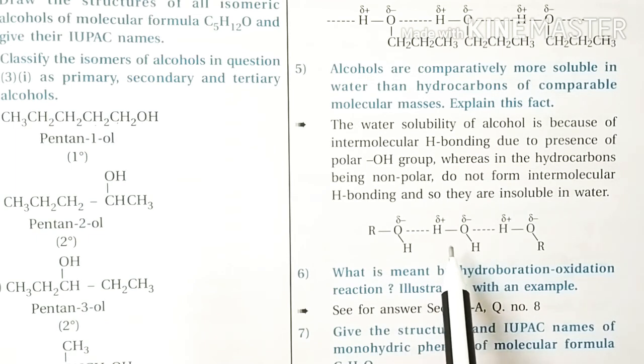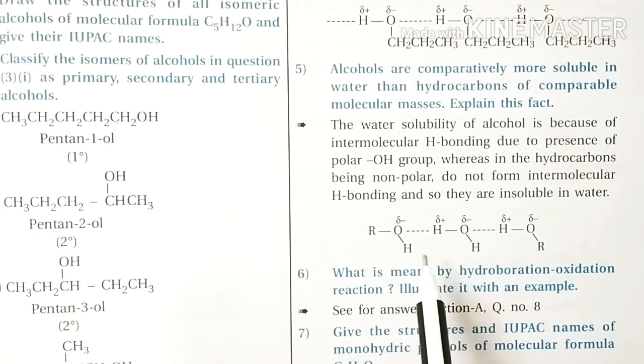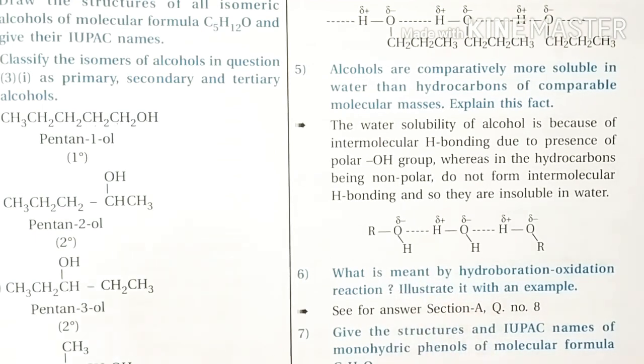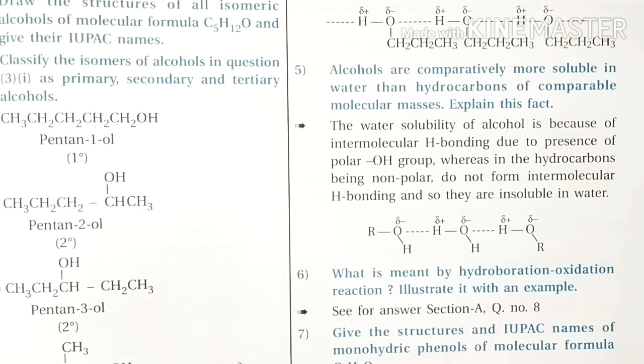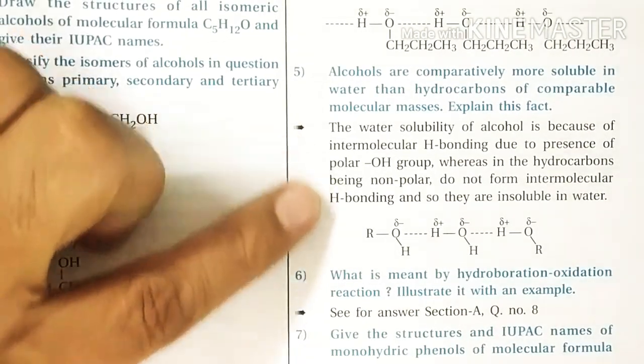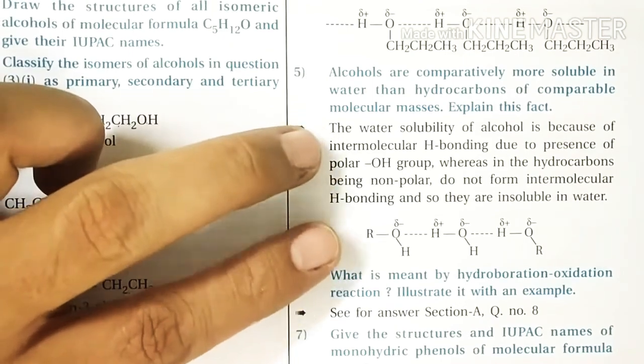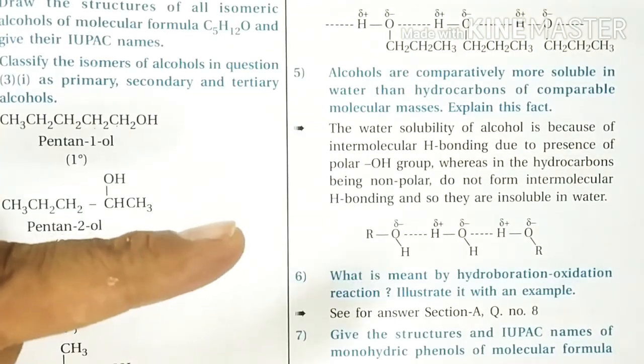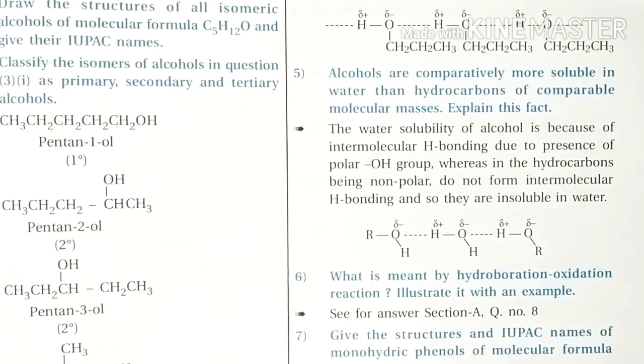So once again, alcohols can form a hydrogen bond with water, right? And can also break the hydrogen bond already existing between water molecules. Therefore, they are soluble in water. While on the other hand, hydrocarbons can neither form a hydrogen bond with water nor can break the hydrogen bond already existing between water molecules. Hence, they are insoluble in water. मैं दो तरह से आपको पढ़ा रहा हूँ. ये जो है वो सिंपल मैनर से मैंने यहाँ पे बताया हुआ है. अभी जो मैं डिस्क्रिप्शन में दे रहा हूँ वो थोड़ा डिटेल में दे रहा हूँ आपको.